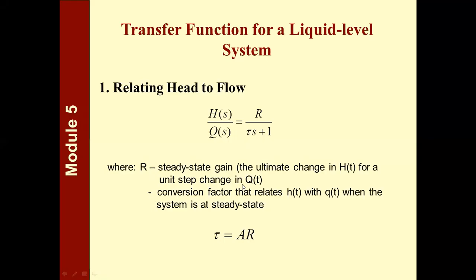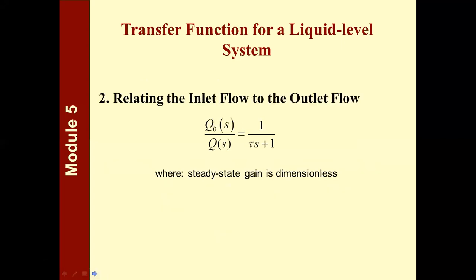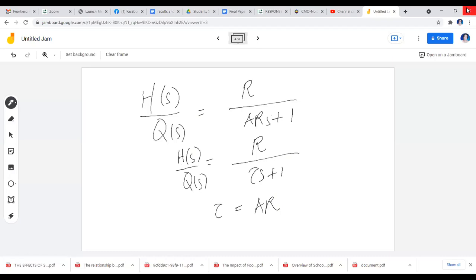So this is our transfer function already. And if we are to relate not the head, but the volumetric flow rate through your linear resistance to Q of S, it's quite easy. So now you could see that your steady state gain is 1, just like in the thermometer. Now, in that case, all you have to do, from the transfer function that we have derived here, so let's say that's equation 1, we have actually the equation